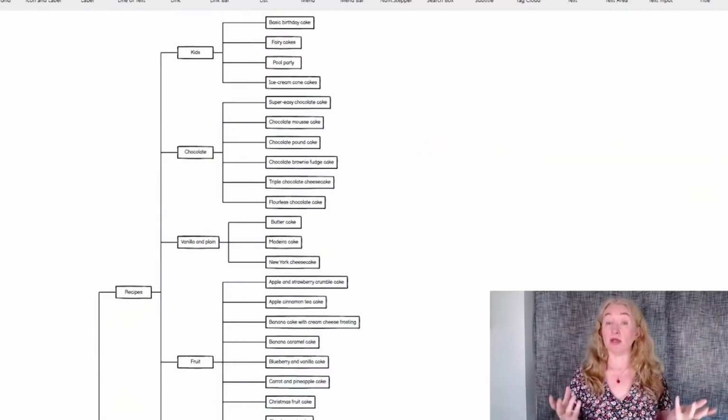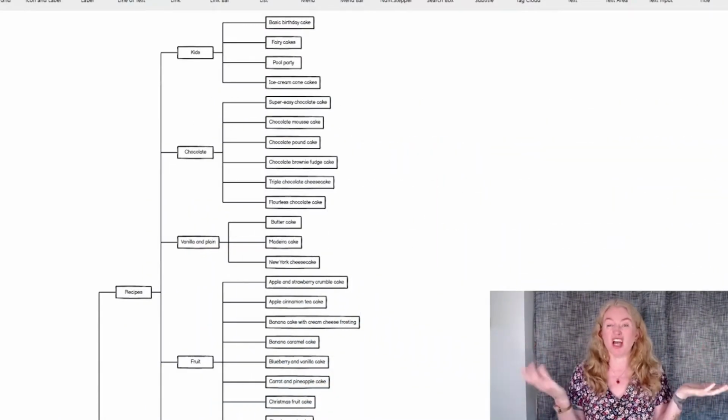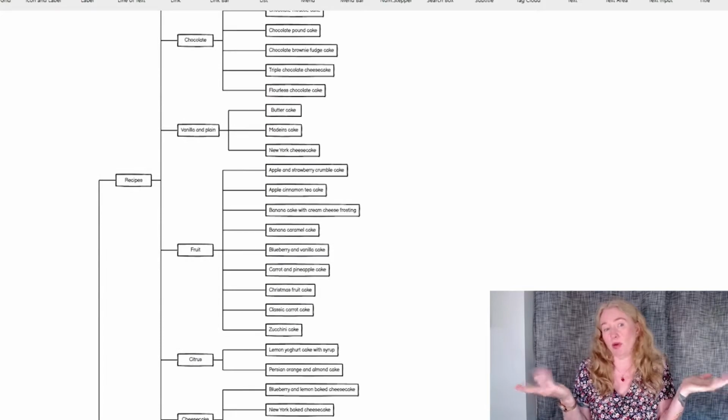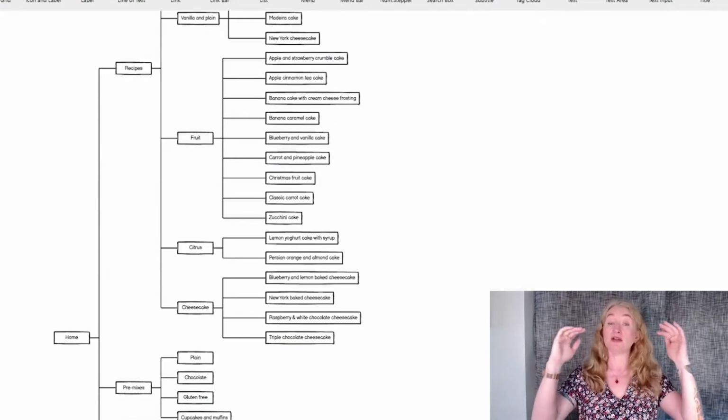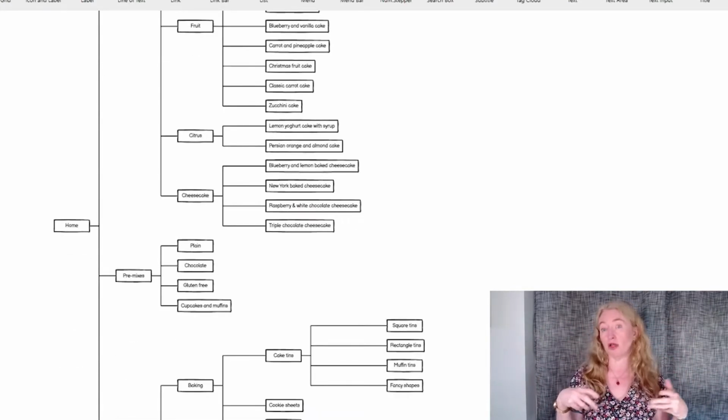A broad hierarchy is one where there are a lot of pages at the top level, but it might not go down many levels. This example has 6 items at the top level, which actually isn't very many, but my example website isn't huge. It goes down to 3 levels in most places and 4 levels in one place.